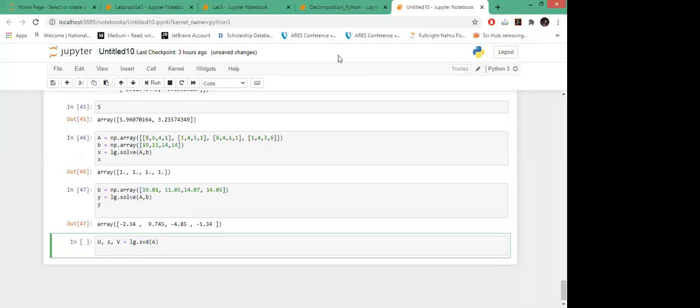And then I will use this to compute the condition number: the maximum value of s divided by the minimum value of s.